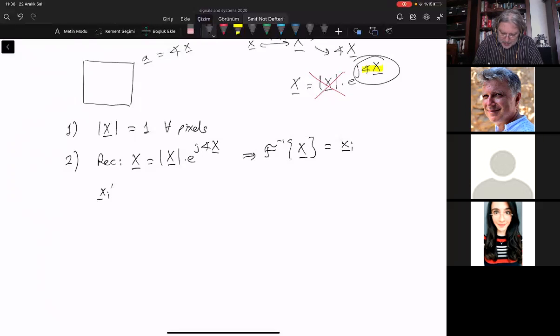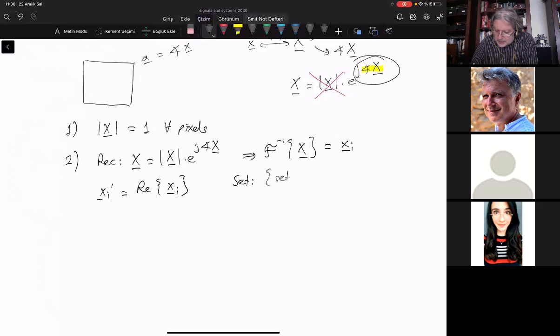Xi prime is equal to the real part of xi. What is this projection? What does it make? It must have two conditions. One of them is this projection must define a set that must be convex. And second, this must be the orthogonal projection to that convex set. So my convex set is the following. Set is